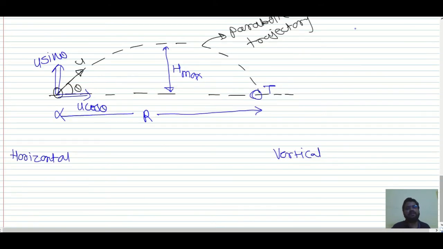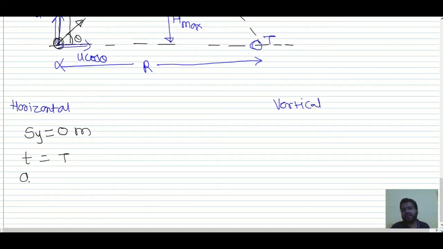if I apply the kinematical equation, what will happen? Now see, along the vertical direction, firstly the ball will go up and it will come back to the same position. So can we say along the vertical direction displacement is 0 meter? The time required for the ball to go up and come down is called the time of flight, isn't it? Right. Then we have acceleration along the vertical direction as minus g. Then the initial velocity in the vertical direction is u sin theta.